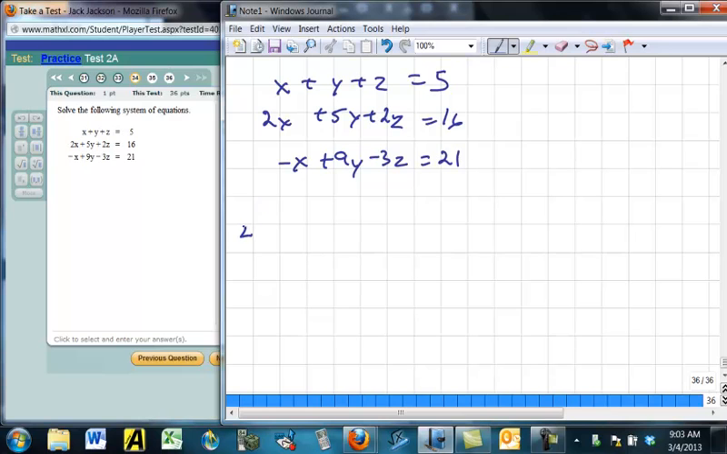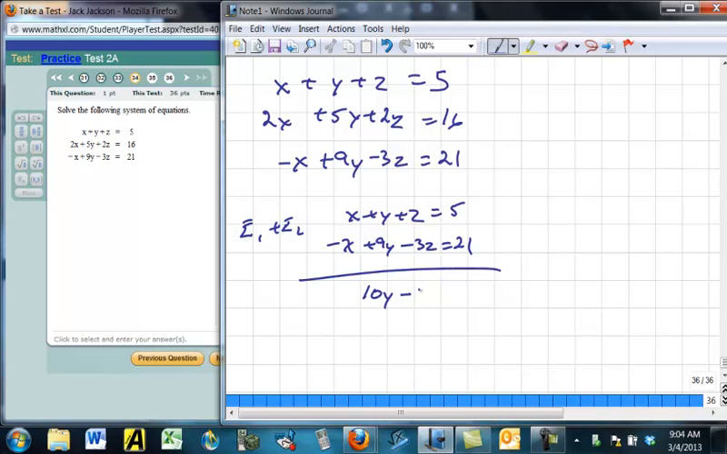I'm going to eliminate x's. I'm going to add equation 1 and equation 2 together. The x's eliminate, and we get 10y minus 2z equals 26. So there's one equation with y and z, and I used equations 1 and 2. So I need 1 and 3. I need to use equation 3 and also eliminate